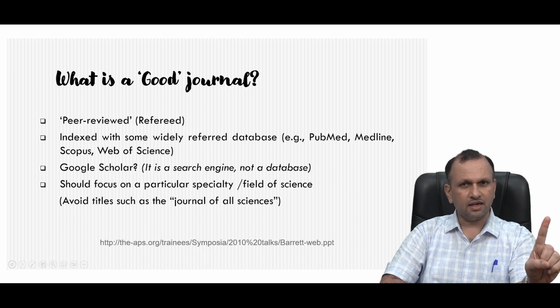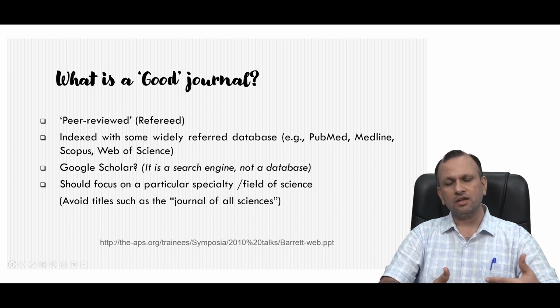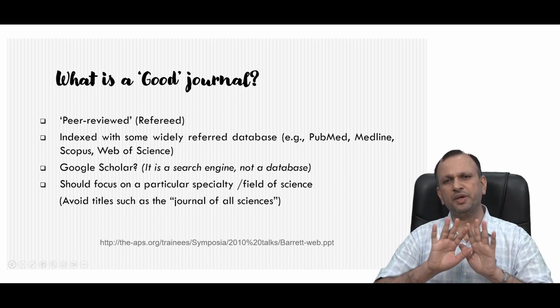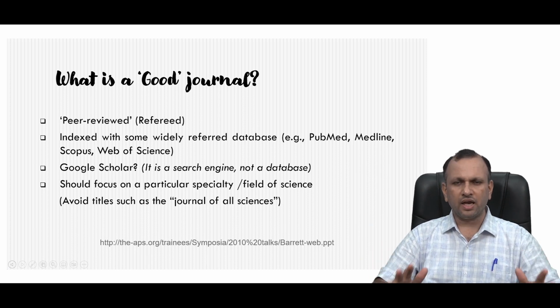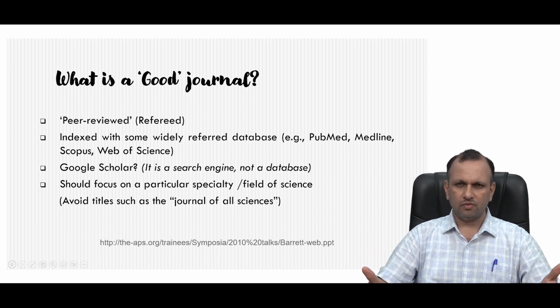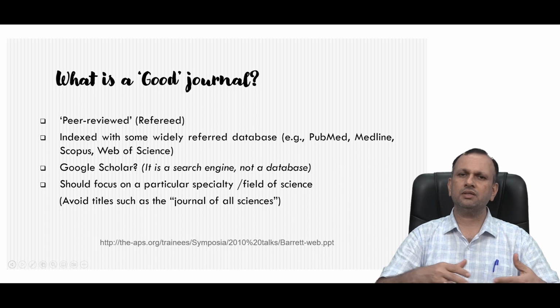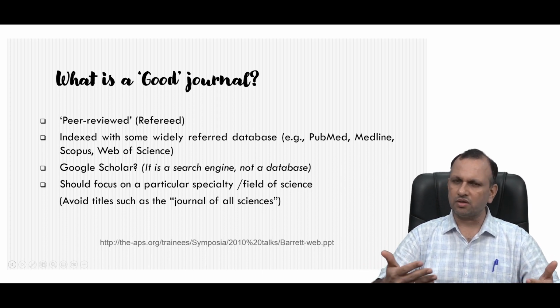So the first criterion is that it should be peer reviewed. It should be actually peer reviewed. These pseudo journals or predatory journals, on their front page, on their cover, on their websites, say that yes, it is peer reviewed, international, this, that, and so on. But in actuality, they may not be peer reviewed at all, or they might be simply using the peer review as an eyewash, right? Some of those editorial members themselves might be doing this peer review,